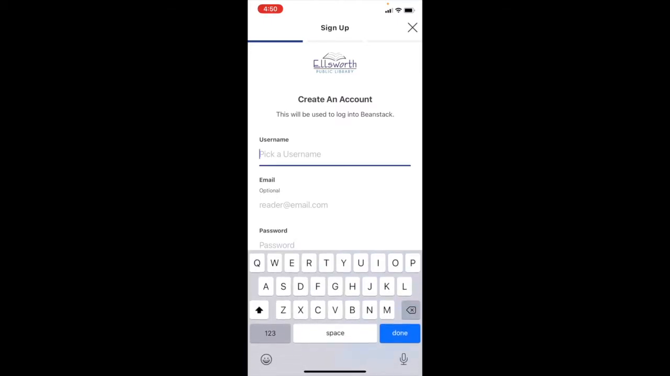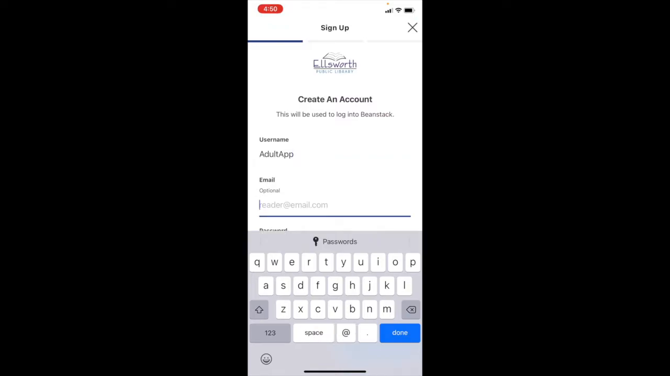We need to pick a username, and this could be an email address. It could just be your name. And I'm going to use kind of a silly name just for my purposes, for this tutorial. So we're going to be Adult App, and email here is optional, but if you have an email that you can connect to this account,